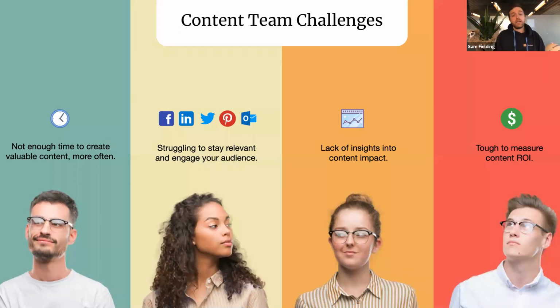There are four main challenges that content marketers come across today. There's not enough time to create valuable content, and marketers struggle to do all these things we see right here. So not enough time to create content, again, struggling to stay relevant and engage with the audience, lack of insights, and tough to measure content and return of interest. There's lots of really tough things for them to manage, and that's what we try and solve inside of